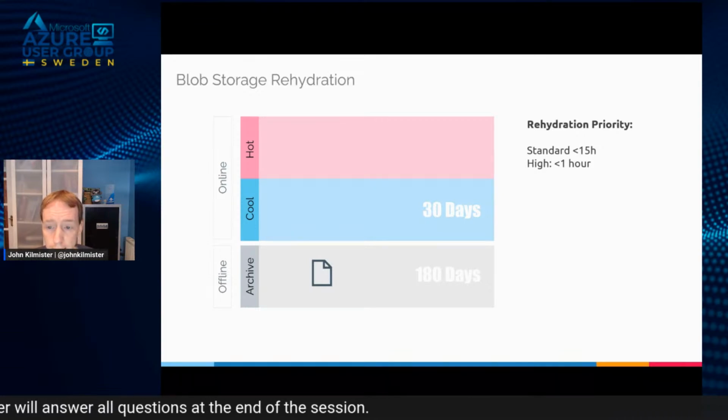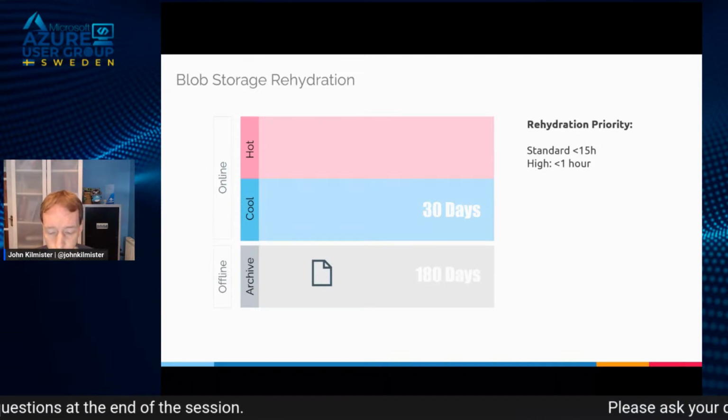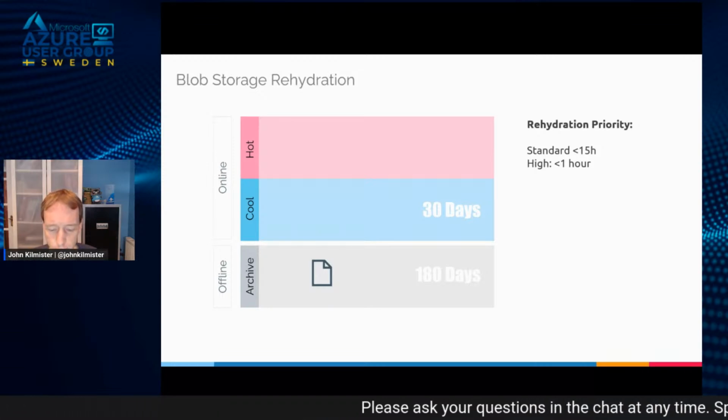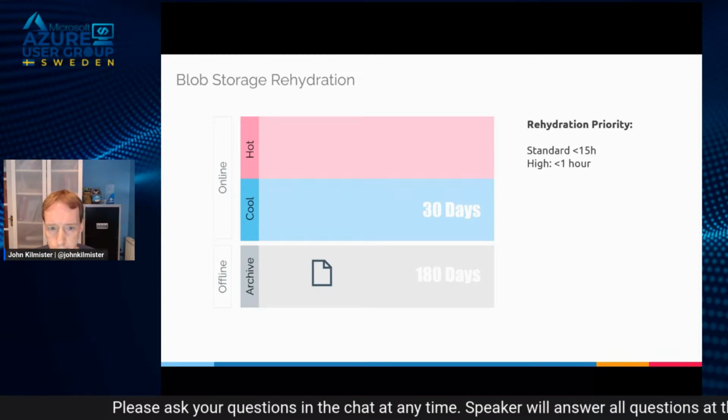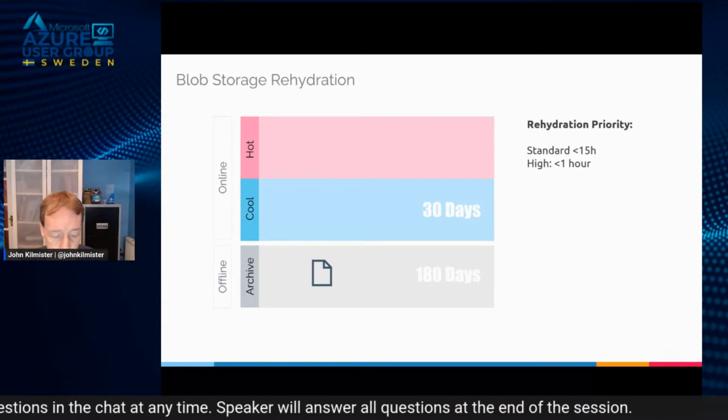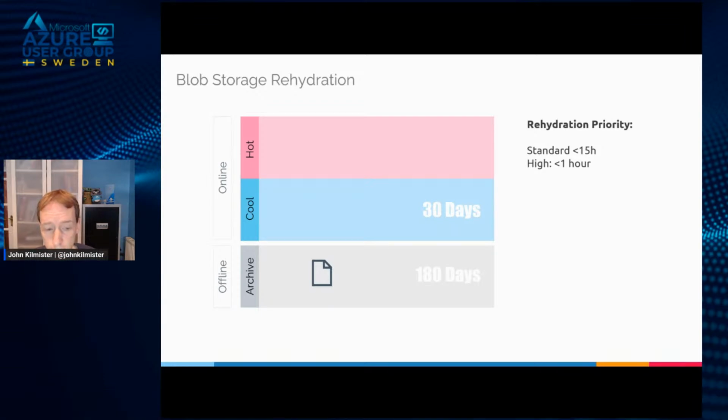You can upgrade to high priority later if you want. If you think, oh, I've been waiting a couple of hours and now I want to go to, no, I really do need access, you can bump it up to high. You cannot do the opposite. You can't start in high and go down. And you can select this rehydration process once again through all of the APIs, through the UIs that are available. And the file will eventually make it up to cool.